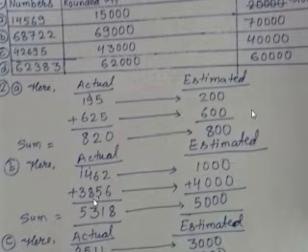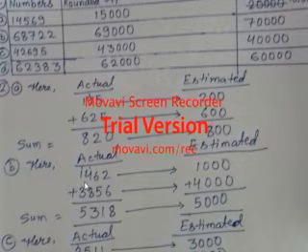Now in question number B also there was addition, that is 1462 plus 3856. If you look at what is in common, the highest place of the smaller number is also 1000, so we will round to the nearest 1000 here. We look at the hundreds place, there is 4, so nothing will be added in the thousands place, so it becomes 1000. In the below number, 3800, in the hundreds place there is 8, which is greater than 5, so 1 will be added to the thousands place and all will become 0, it will become 4000. So when added it becomes 5000.